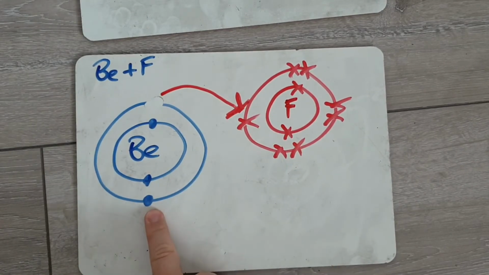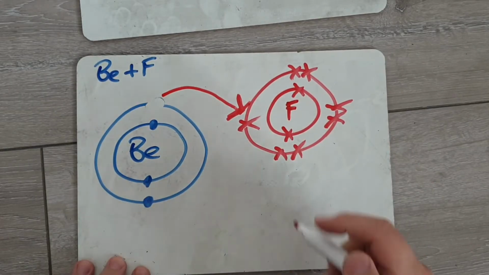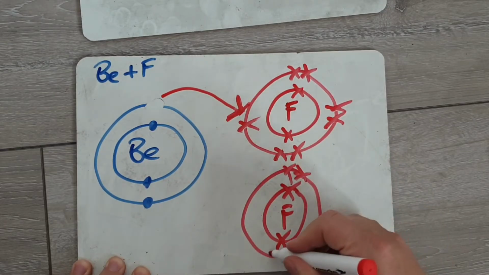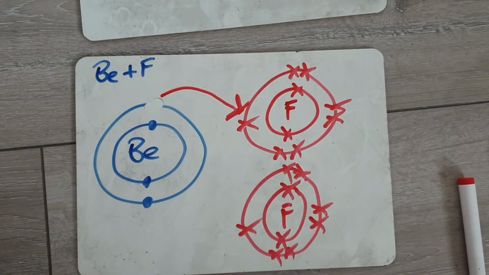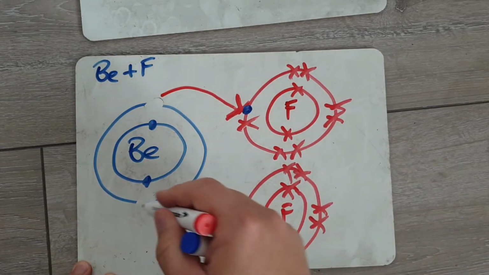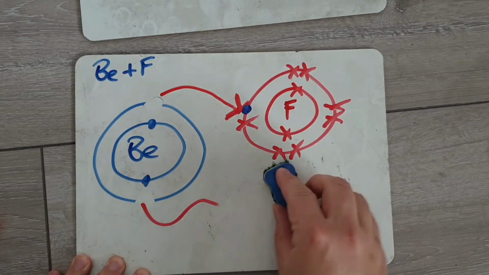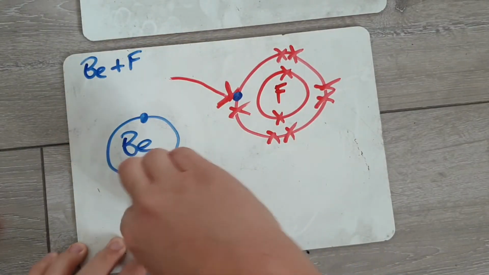But beryllium's got 1 more to give away, and fluorine's got no space to put it, so we need another fluorine. So we have another fluorine here. 1, 2. So we've got 2 fluorines. Beryllium gave away 1 to this fluorine and 1 to that fluorine. But again, scientists are lazy. We don't like drawing things we don't have to. So we don't draw any of that. We don't draw the second one. How we would draw that